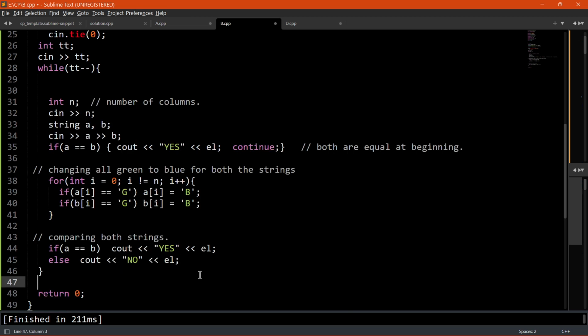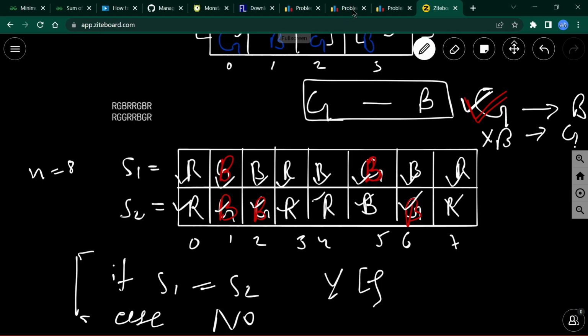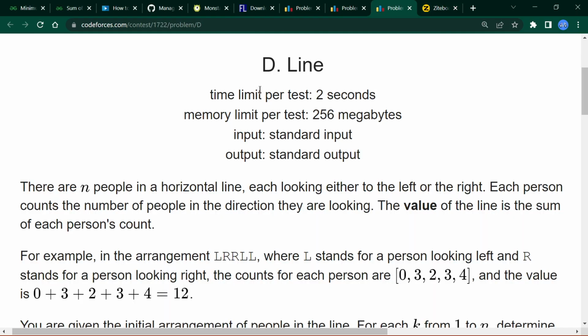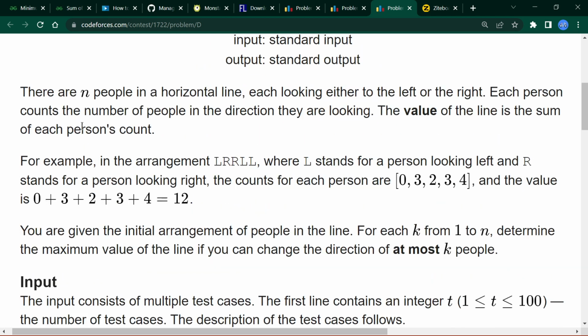Okay, I hope you guys understand the second one. And now move to problem number D, which is Line, and the time limit is 2 seconds. The statement begins with: there are n people in a horizontal line, and each is looking either to the left